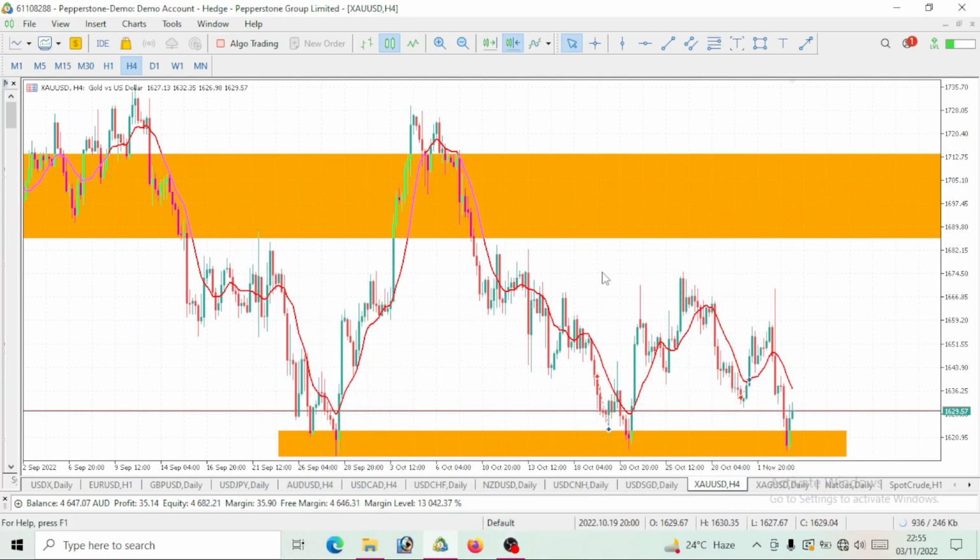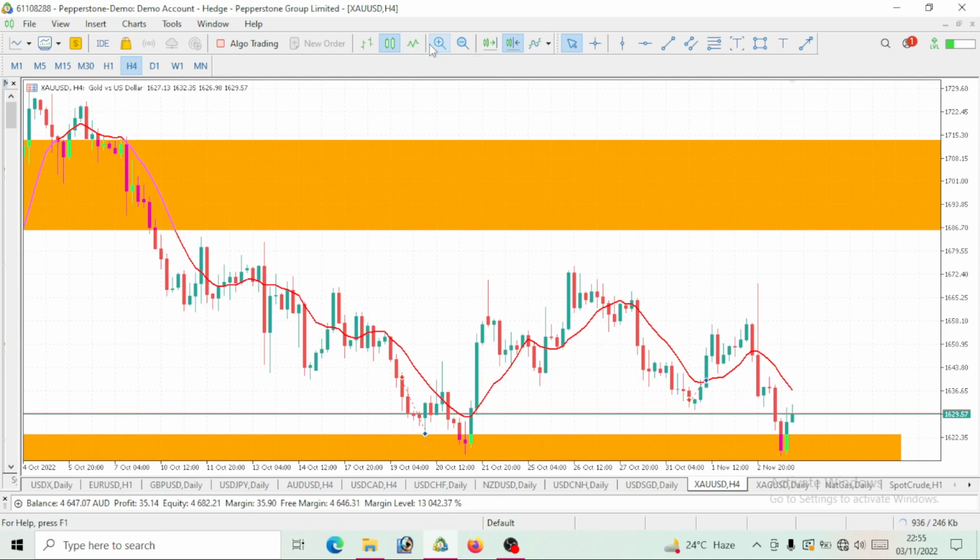So guys, what we have here is our gold. So let's try and see where the gold will be moving for the next day. Now I actually did analysis yesterday on the 3rd to predict where this gold will be moving to. We predicted that it would drop to this level, and we can see that this gold has actually dropped to this level, right? So now we want to predict where it will be moving for the next day, which is on the 4th